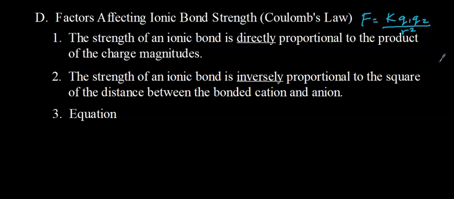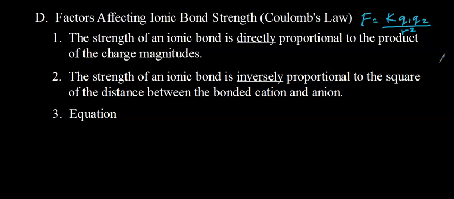Well, if either Q1 or Q2 increases, then F will increase. So the strength of an ionic bond is directly proportional to the product of the charge magnitudes. I don't want to take into consideration that one of the charges is negative, so just the magnitude of charges. The greater the magnitude of the charges of your ions, the stronger the ionic bond, and the higher what is